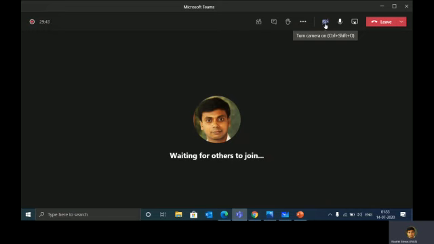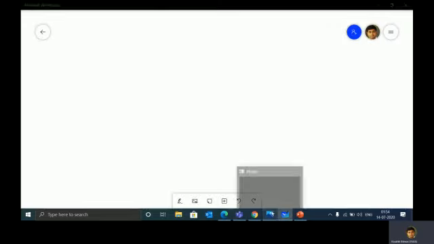We have the option to turn on the camera. So teachers and students both can see each other. Then we have the option called microphone, where the teacher and student can mute and unmute themselves. We also have the option of sharing the screen. When the professor shares the screen, it looks like this